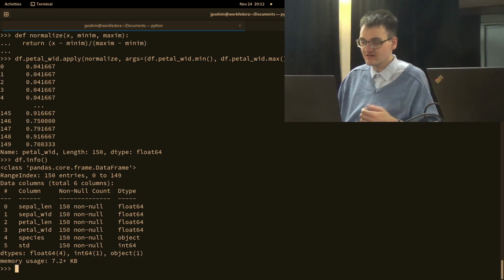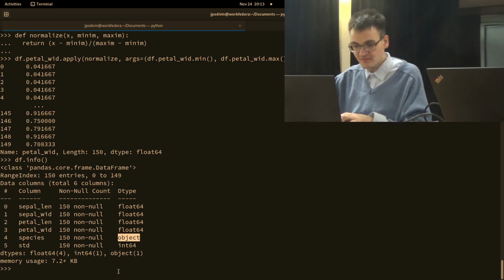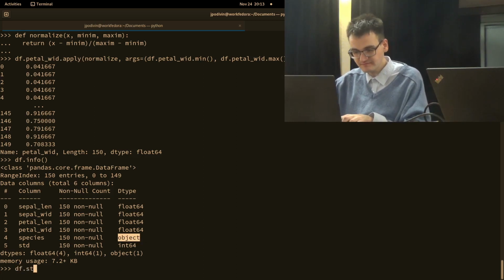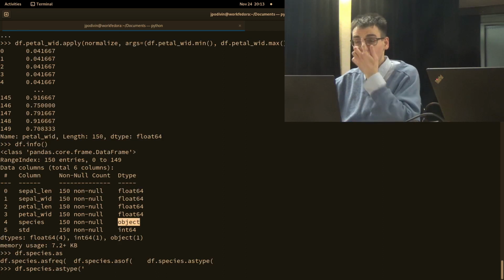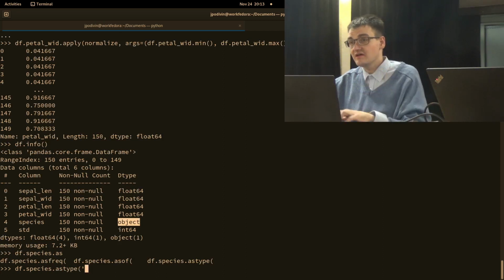And we're wasting a lot of space on this object column here, and also on all of these floats, and arguably on the int as well. So what we can do is, well, not that. We can try astype. And there are various things we can do with astype. We can try categorical,